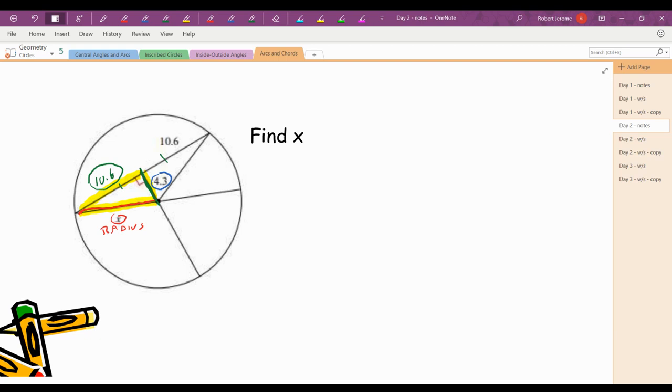All we're going to do is a little Pythagorean theorem. So we have 4.3 squared plus 10.6 squared, and that equals the radius, or x, squared. So you're going to want your calculators handy here. So 4.3 squared is 18.49. 10.6 squared is,